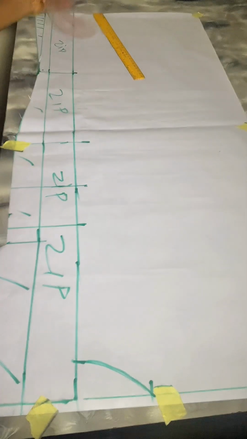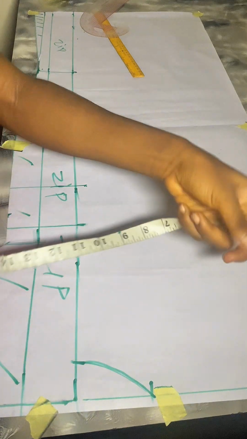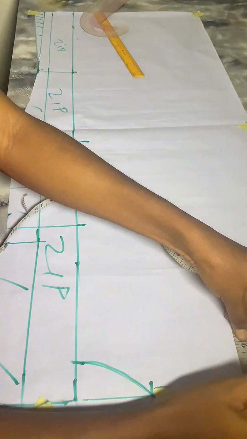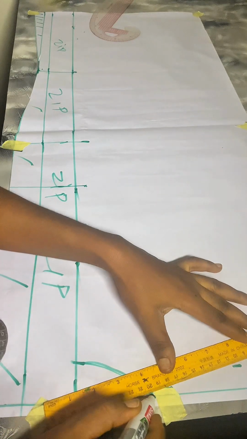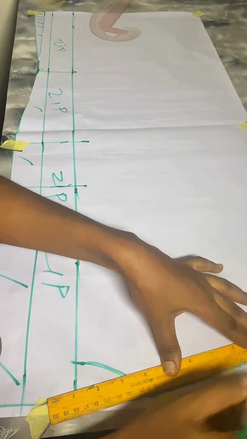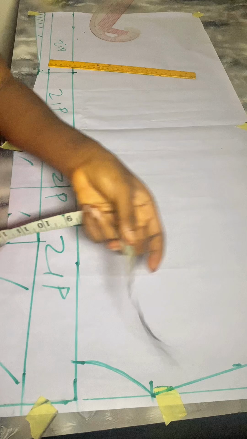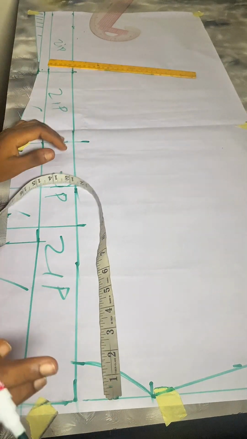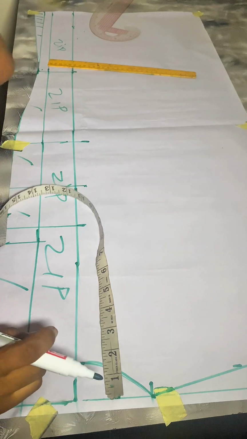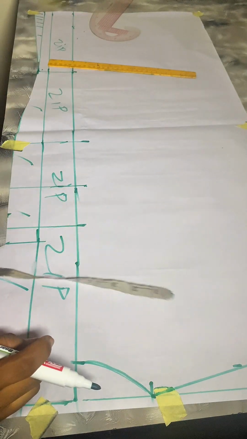To join it, you come down here by 1 inch. Then you are going to join it to your shoulder. So the next thing we are going to do is get our waist, because we use